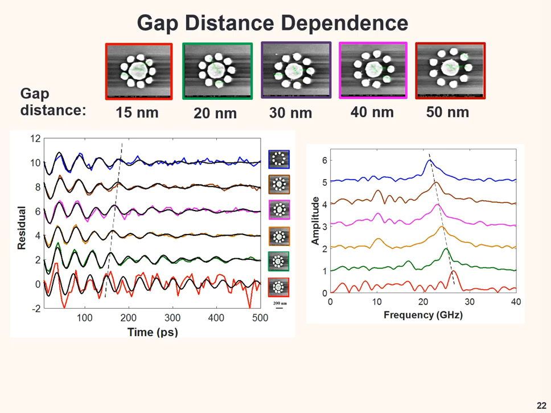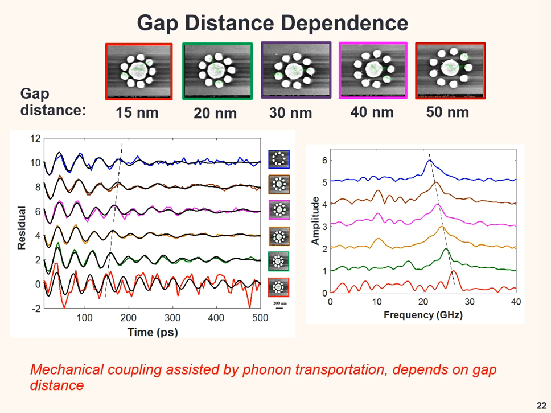So if it's a surface acoustic wave, there's another evidence we can gather: we can separate the nanoparticles, because when you generate a surface acoustic wave, this acoustic wave will propagate but eventually disappear. So when we increase the distance between the particles, we found the coupling strength is smaller, which is shown as the acoustic vibration frequency of the outer ring becoming smaller and smaller. So this gives a conclusion that the mechanical coupling between nanoparticles is assisted by the acoustic wave propagation, which is dependent on the size.